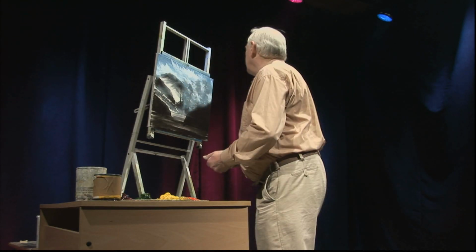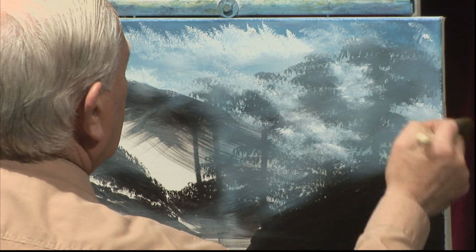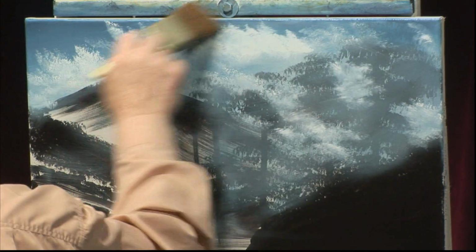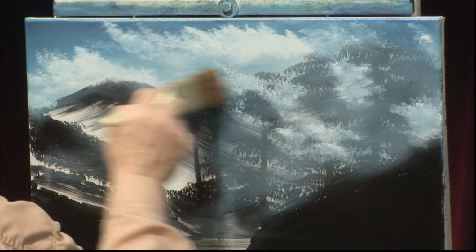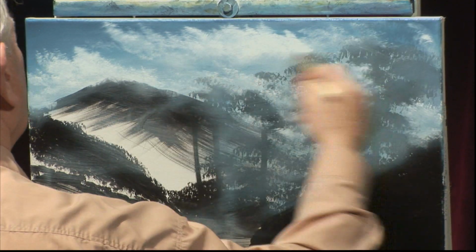Get my 2-inch brush and very gently go across to it, whisper to it, and ask the clouds to sit down. Sit down, please. Sit down, please, Mr. Cloud. Sit down over Muckross House in Killarney. Thank you. Over the gardens, beautiful gardens. And I'm going to stop. So